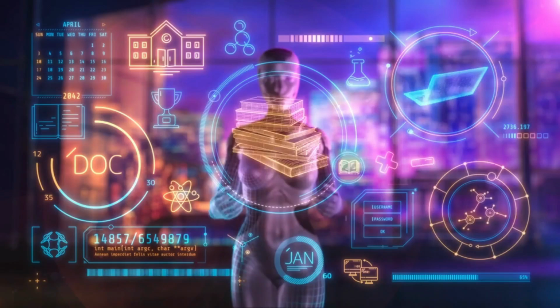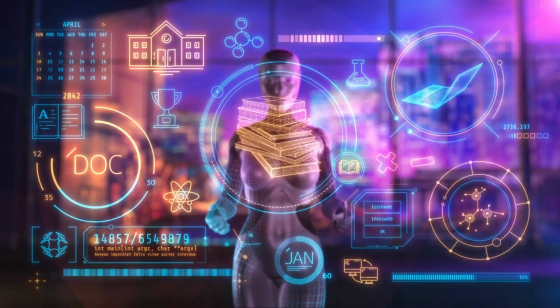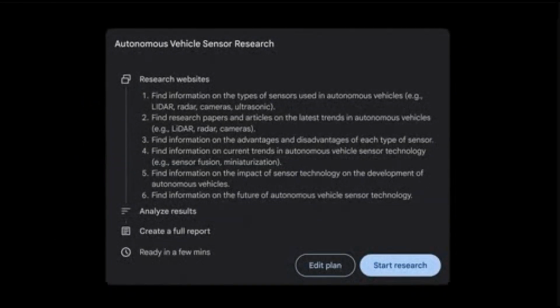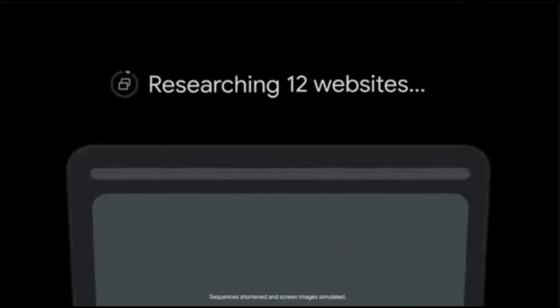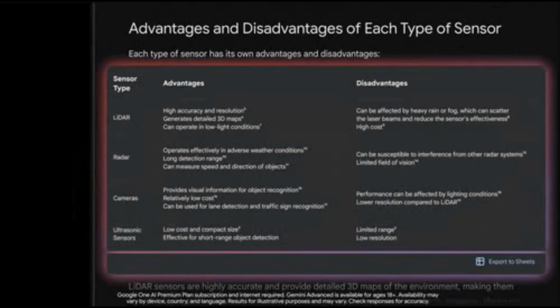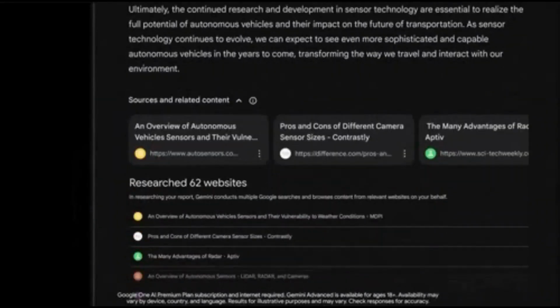Imagine having your own AI powered research assistant that not only gathers all the info you need, but also organizes it into a stunning and interactive knowledge graph. Sounds like a dream, right? Well, it's not. Today, I'm going to show you how you can create a personalized learning roadmap using the Google Gemini Deep Research feature and Obsidian that makes diving deep into any subject fast, fun, and absolutely efficient.